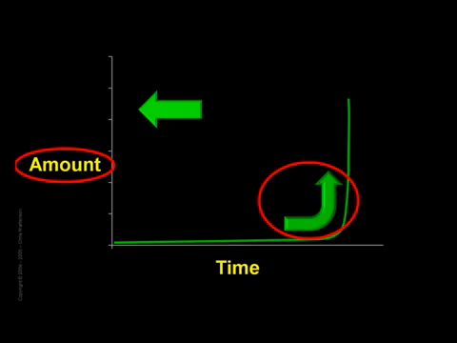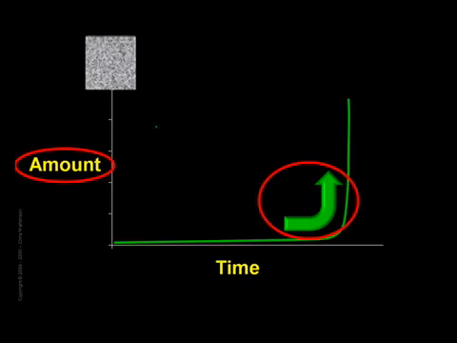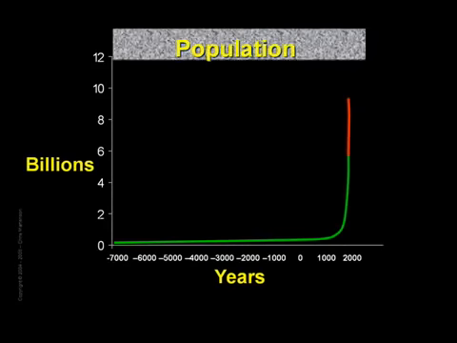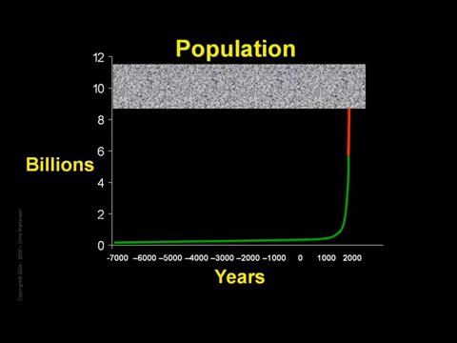But if we know the limits, or boundaries, of what we are measuring, then we can fix the left axis, and the turn the corner stage is absolutely real and vitally important. For example, the total carrying capacity of the Earth for humans is thought to be somewhere in this zone, give or take a few billion. Because of this, the turn the corner stage is very real and not an artifact of graphical trickery.